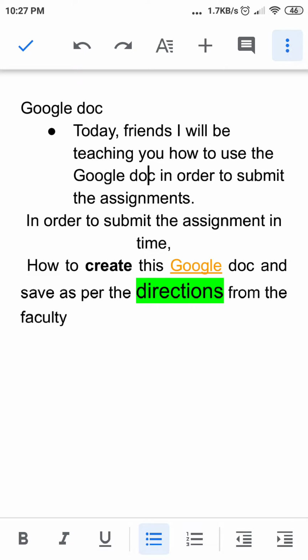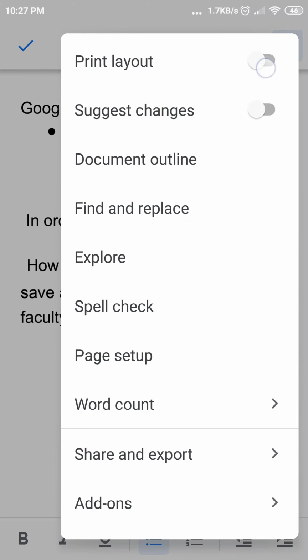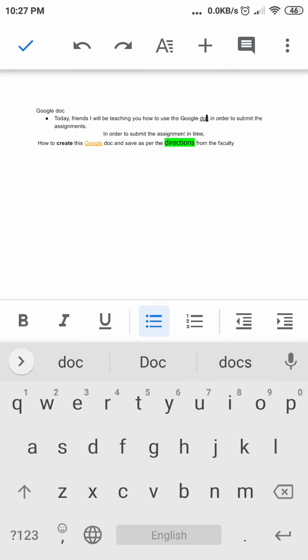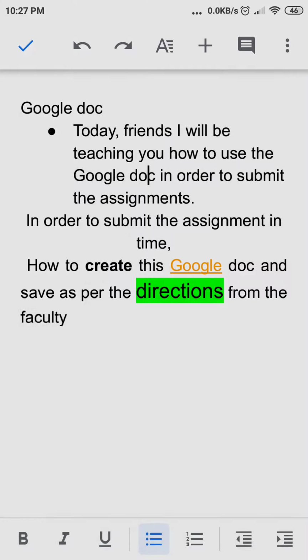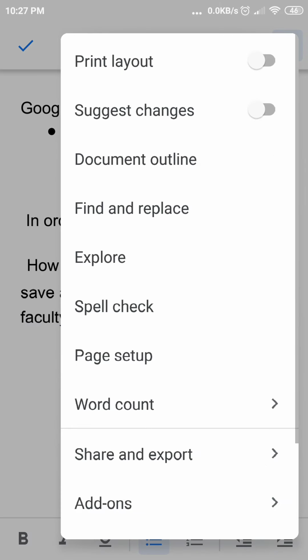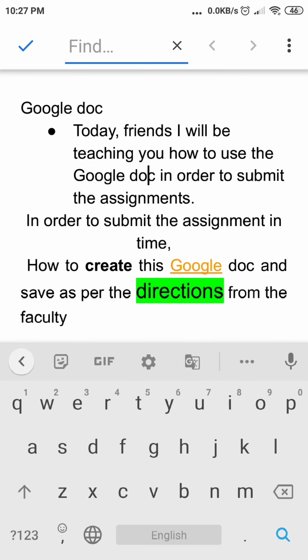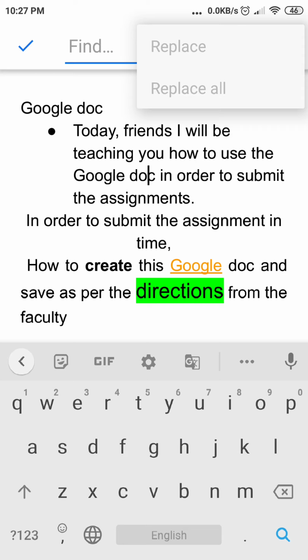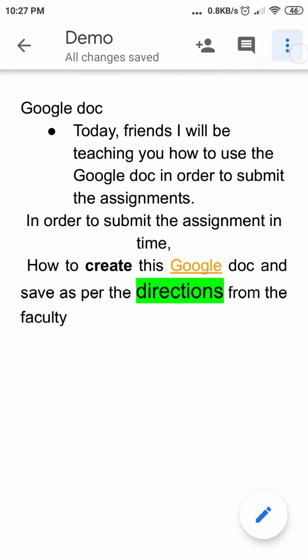So after that, you can go to the layout. This is the layout that will be seen, this is a print layout. Others say there will be suggestions available, or maybe find document, find and replace. If you are typing here, you will be getting that. Type and search it up and you will be getting it. Okay, I'm not moving with that, so the feature will not be available.